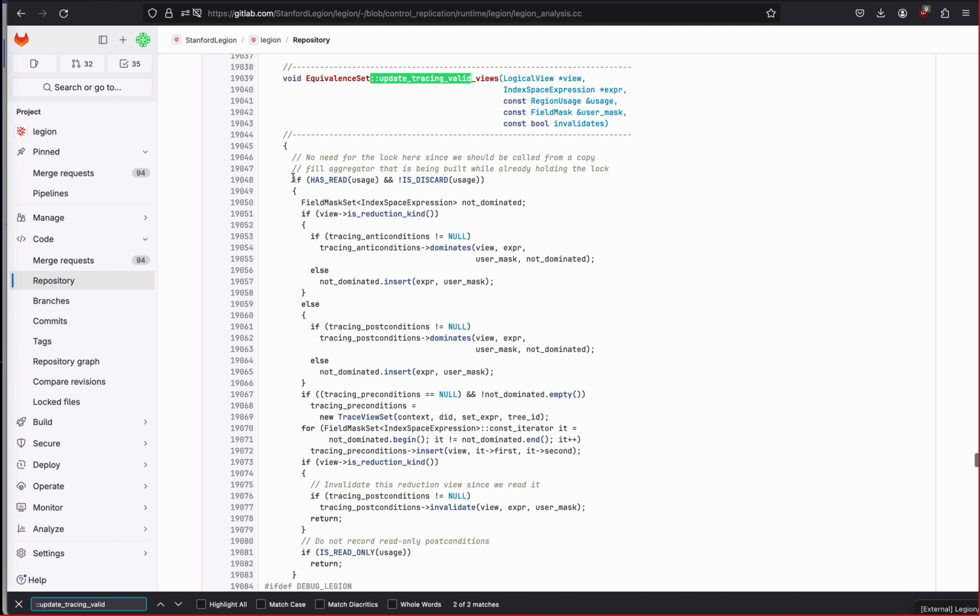So the first case is if you're reading something. If your region requirement is reading data for the logical region, and it's not a discard use case, then the first thing you're going to do, let's skip the reduction case and we'll come back to that one in a minute, is come down and check to see